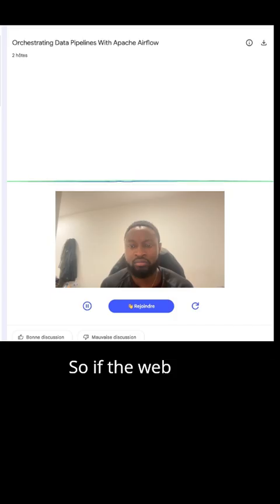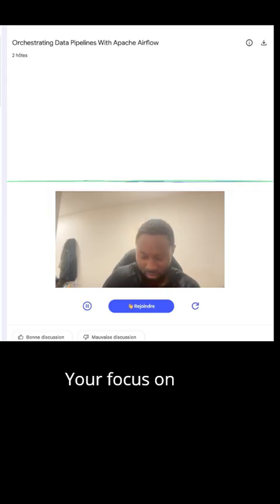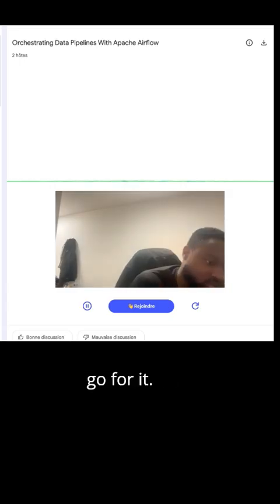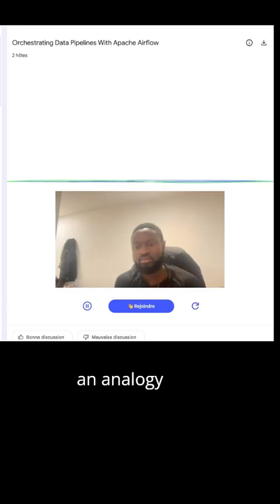The API server provides the programmatic interface. Just like a FastAPI endpoint. It lets external applications communicate with Airflow. For example, triggering a DAG run from an external script. It's the secure gateway for outside communication. So if the web server is the dashboard, the API server is the code interface. Both rely on the metadata database to function. Knowing both of those components is important.